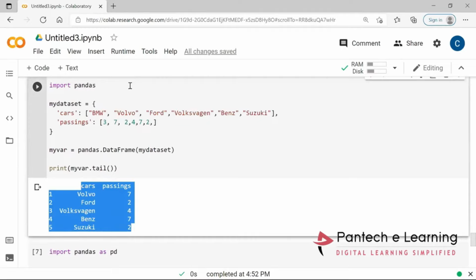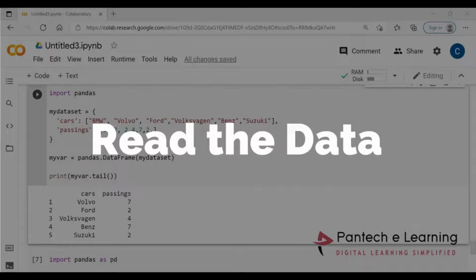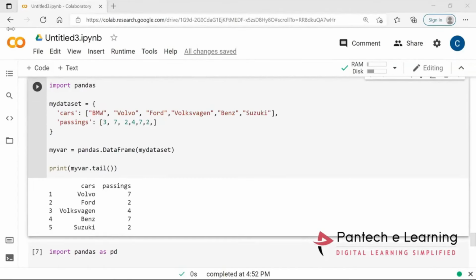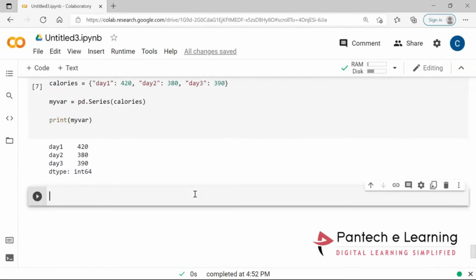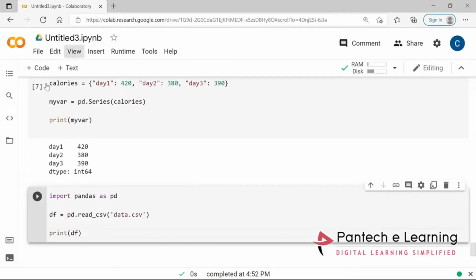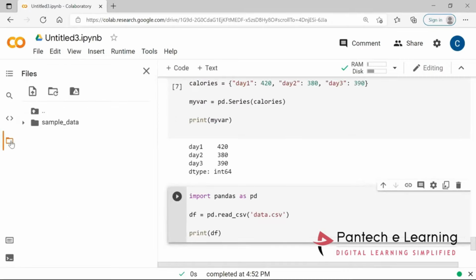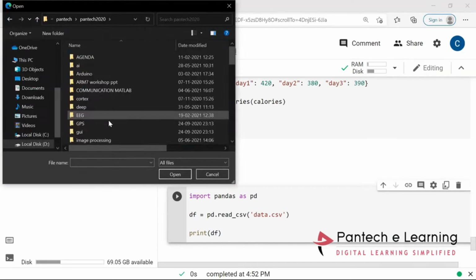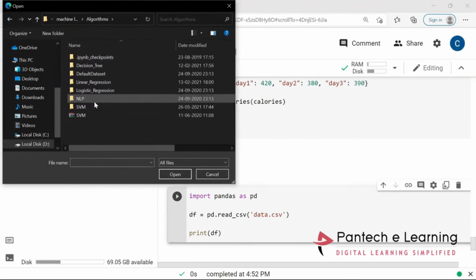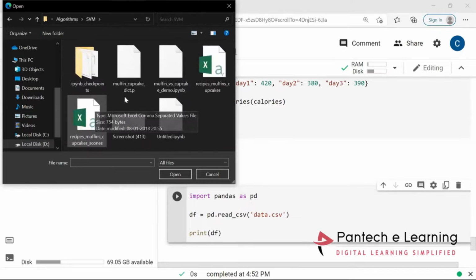And if you have Excel sheet means like in CSV file, then no need of data frame also. How to read the data from CSV file. So here, this is the CSV file. So how to upload CSV file into Google Colab means click on this files, click on upload to session storage. So select the required file. Okay, so here I am taking SVM datasets,